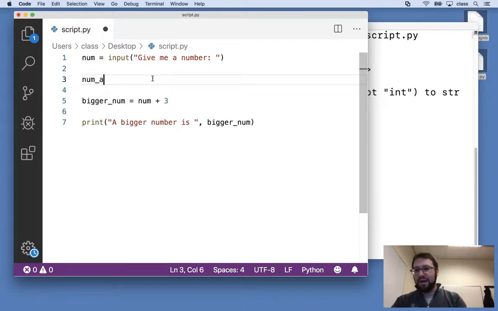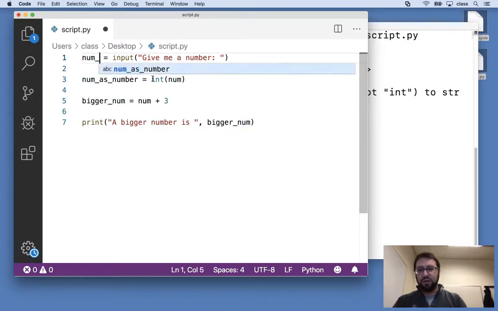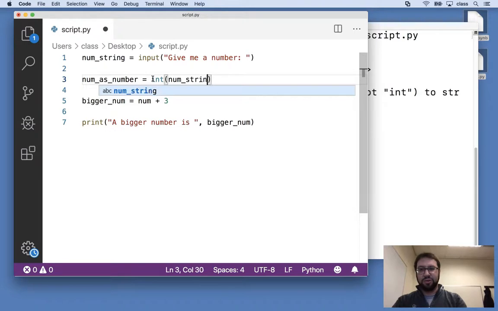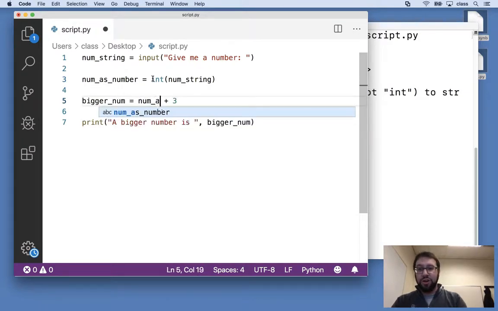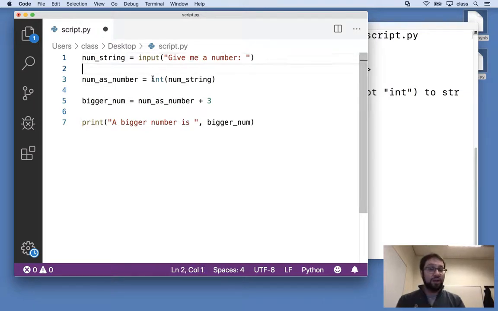want to make a num as number variable, for example, and we can do that by using a function like the int function, this is one of our type conversion functions, to say let's take this number. This was number as string. I'll rename it so we can see what's going on. We're going to take our number as string, and then we're going to save it as a number as number, and then our bigger number can be the number as number plus 3. So the idea is we're going to take this thing that I got as a string, but because I know it's a number, or because I asked the user, please give me a number, I'm going to convert it into a number, and then I'll be able to add 3 to it, and then be able to print out